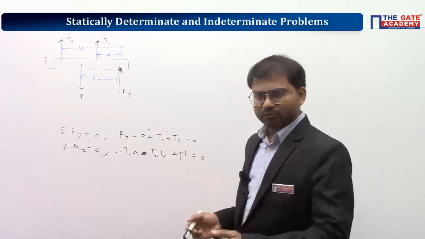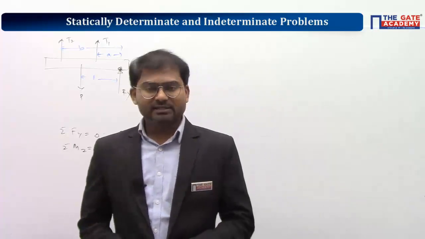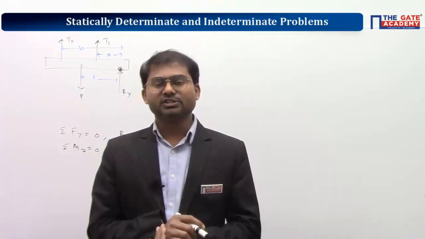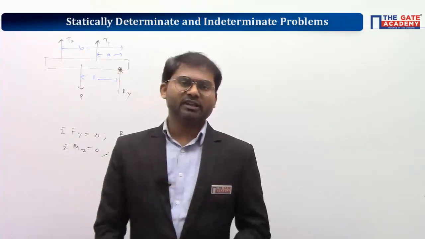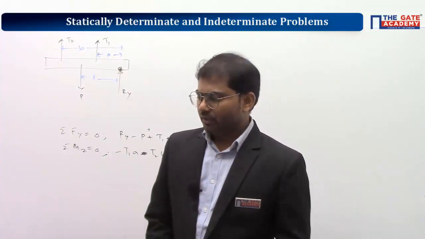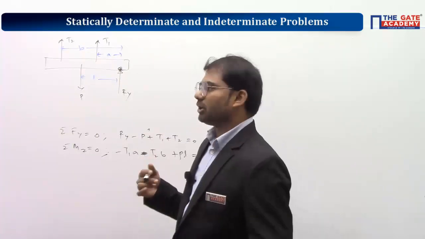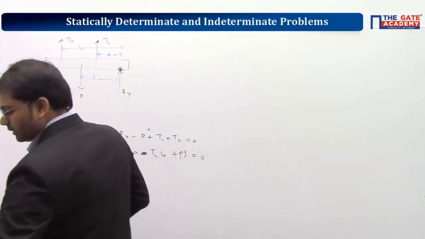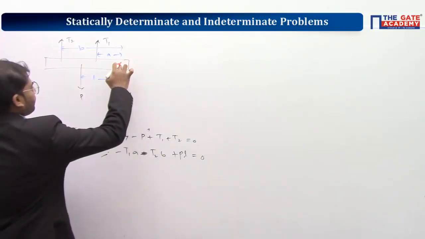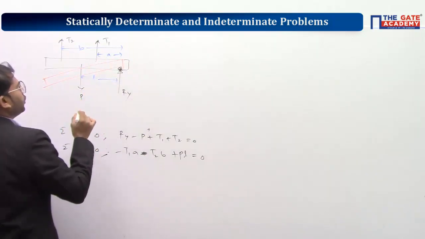Understand? If you read the question properly, they gave one very important thing, that is both the wires are extensible. So from there we get this compatibility condition or the third condition. On the right side there is point A where support is there. So the beam cannot go down at that point. So the beam can undergo deflection like this only.